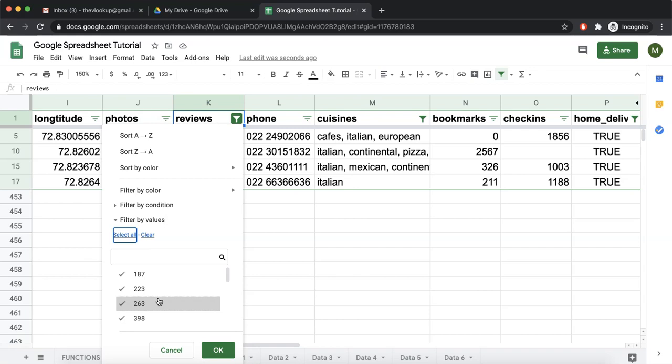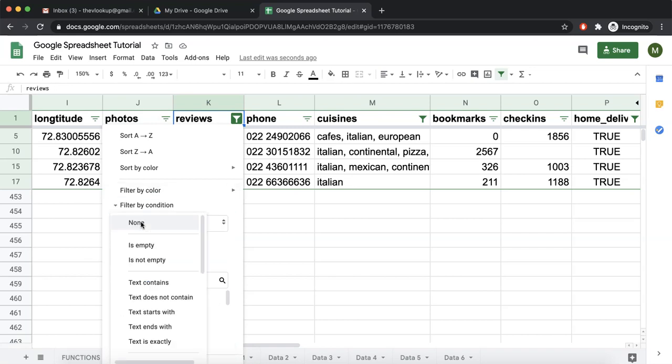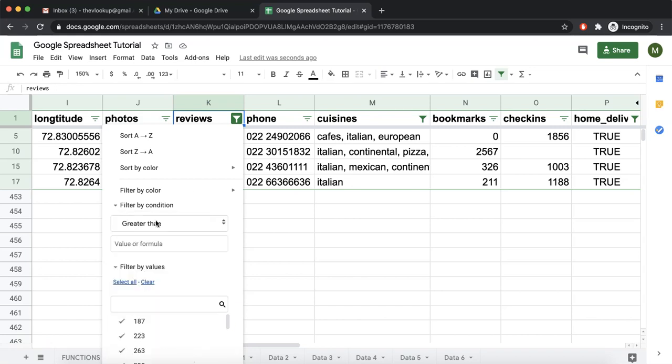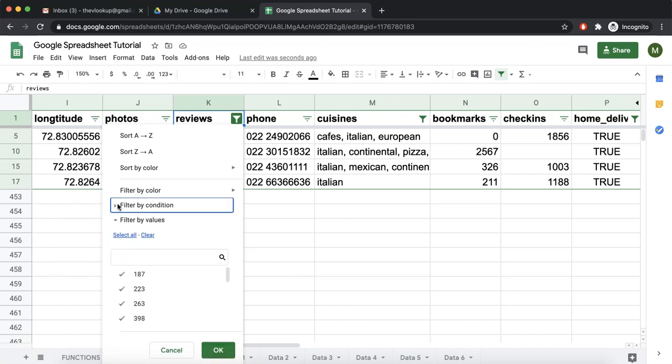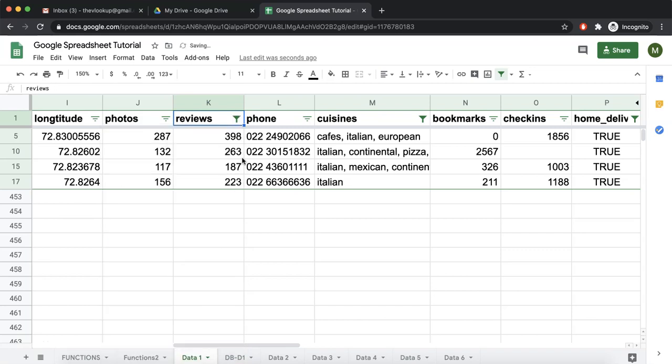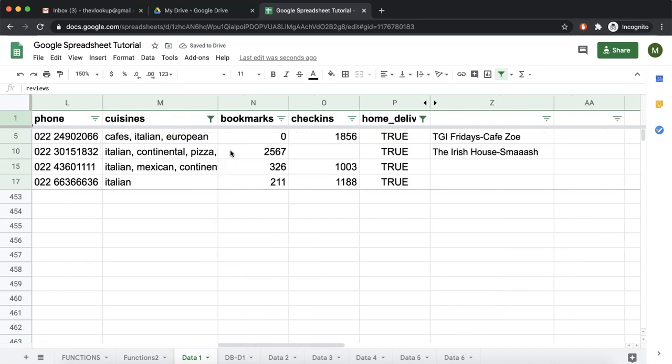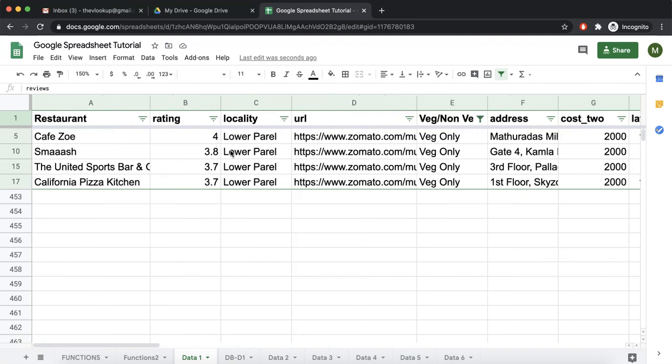So you are not going to select one by one out of them. So you go to filter by condition and the condition is greater than and the value is 100. Click OK. Now we see all these are greater than 100 reviews. So in this way you can filter out the data.